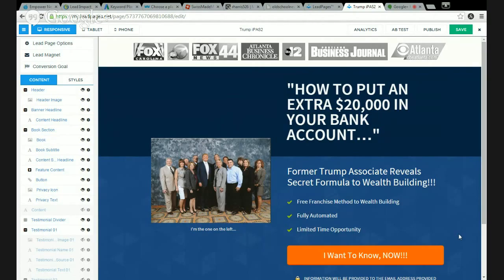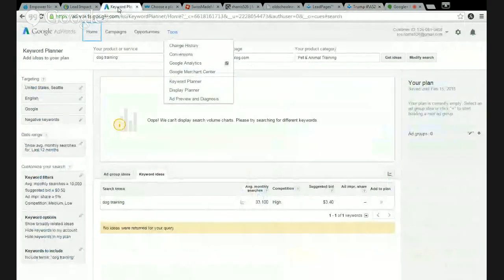And then, but before you can set any of that up, you've got to go and look for keywords. Now, I used to have a tool, and it was really good, but they quit using it, and then Google actually got a keyword tool that worked really well, and then they've gone to this keyword planner. Okay, and you have to have an AdWords account with Google before you can even use their keyword planner. So it's not free anymore. I mean, it's free because you can get an AdWords account for free, but